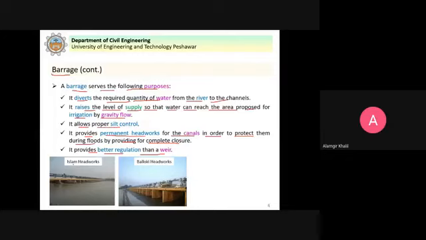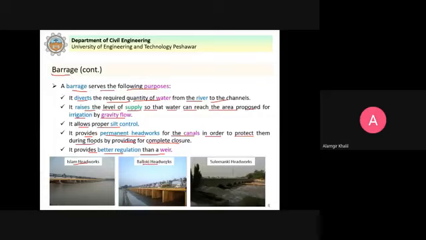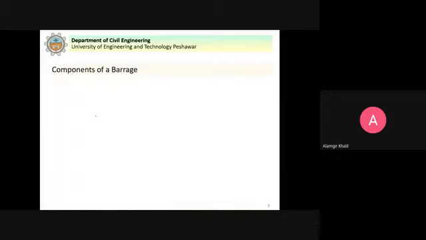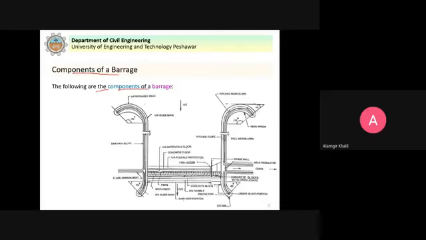So we have these different headworks in Pakistan: Islam headworks, Balochi headworks, Suleimanki headworks. Next we discuss components of a barrage. The following are the components of a barrage. This is now a figure.